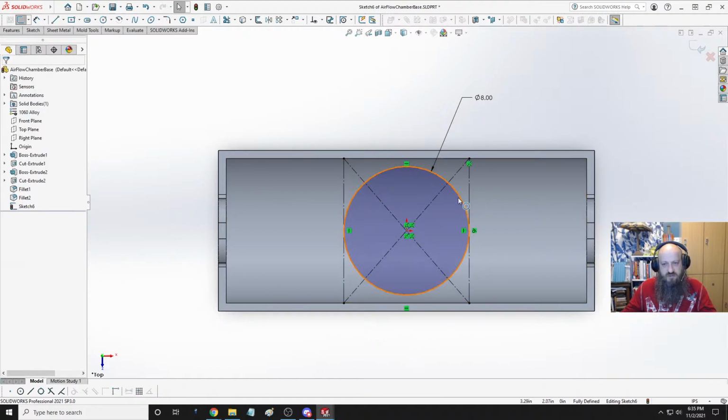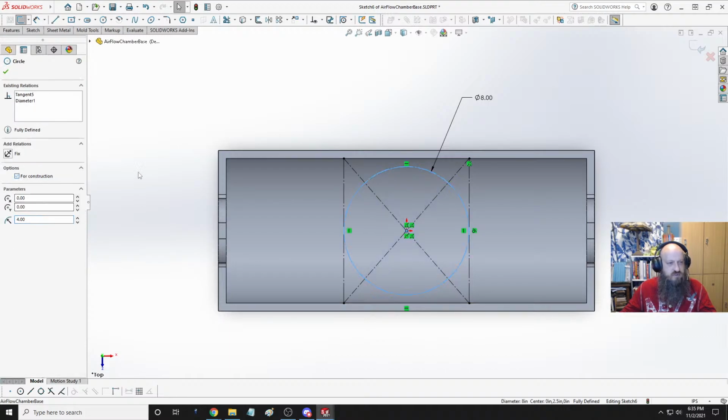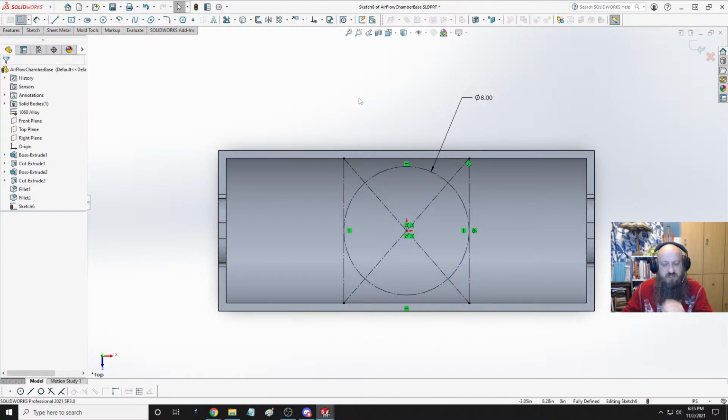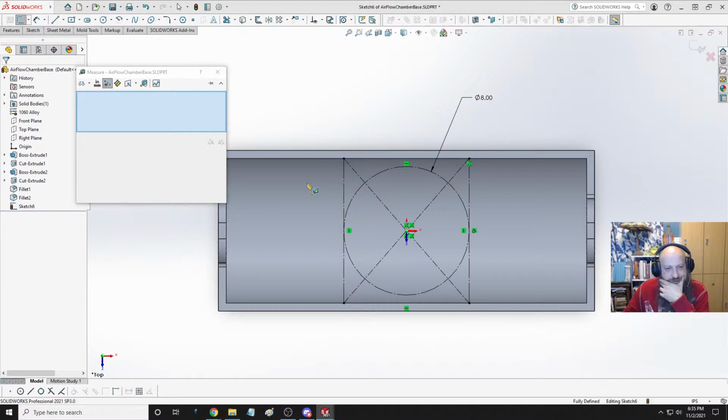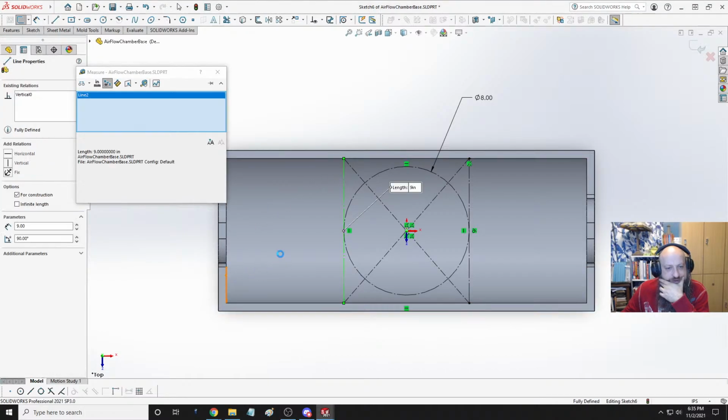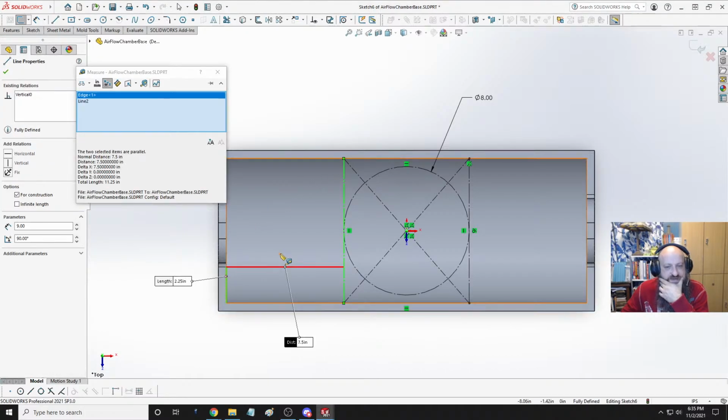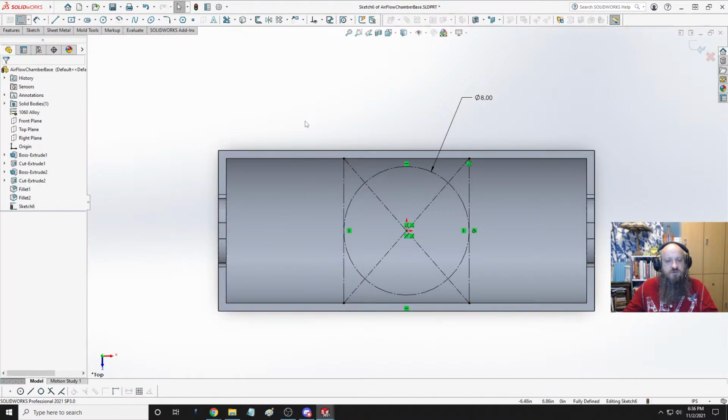That for construction, and I want that for construction as well. It's just giving me some concepts. So what does that give me between here and here? 7.5 minus a 1/2 inch for these walls. So my first one